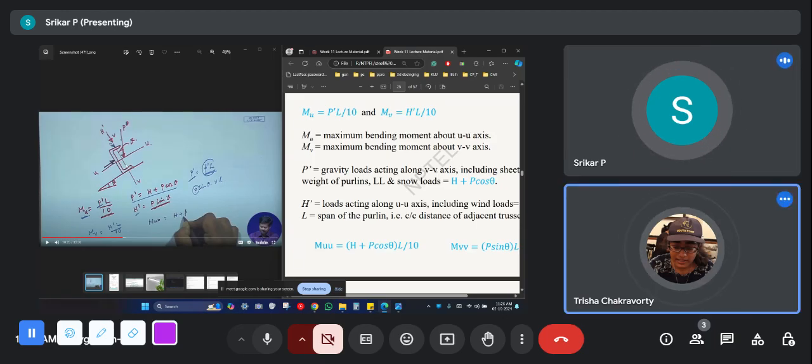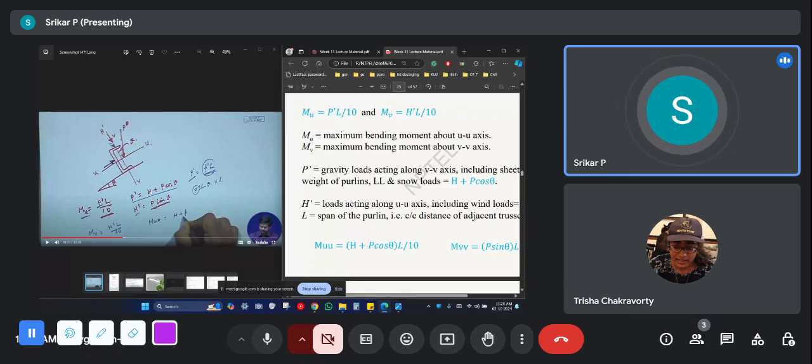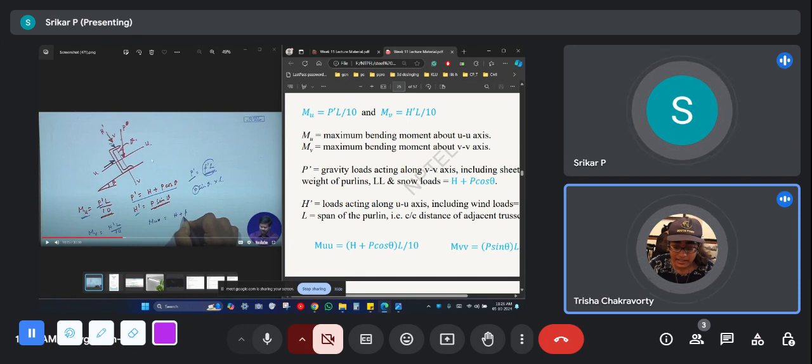VV. Yes. Even considering it that way, there will be H dash, but they have given H, and also the same thing for H dash. If this H dash should be considered horizontally, then it will match with the P sin theta. Yes, but there seems to be something that doesn't match. Exactly. It should be that if P is the global vertical load and H is the global horizontal load, and theta is the angle with the horizontal, then if the H dash axis is how he has shown, and the P dash axis is along the U axis, then it should be P sin theta,